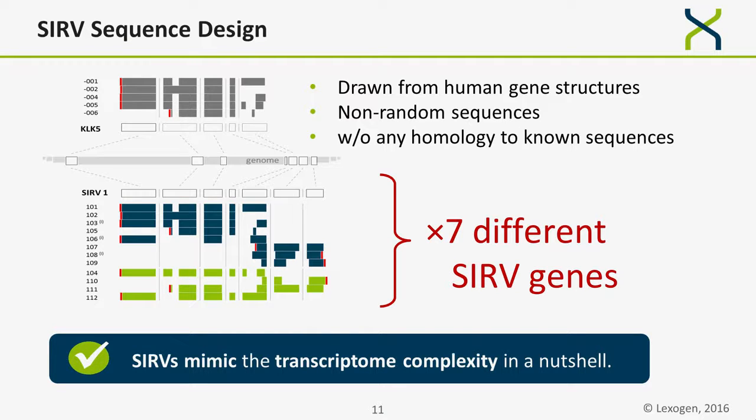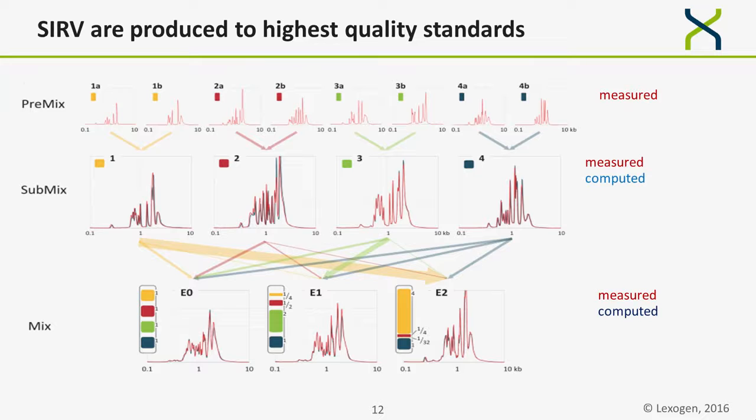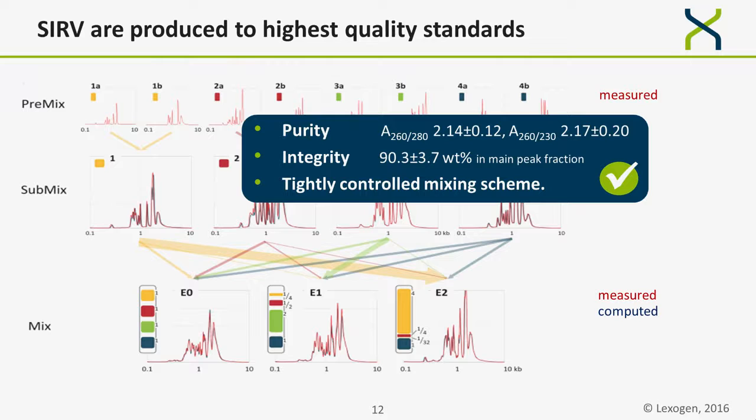The sequences are non-random, but they have no homology whatsoever with any known sequences, so they are compatible with any organism and you can use them for this. The design is not easy, but really hard is the making of such standards as controls. I'm quite proud that we at Lexogen produced a pipeline which ensures the highest purity and, for the transcript variants, important integrity. Only full-length transcript variants make it into the stock solutions,